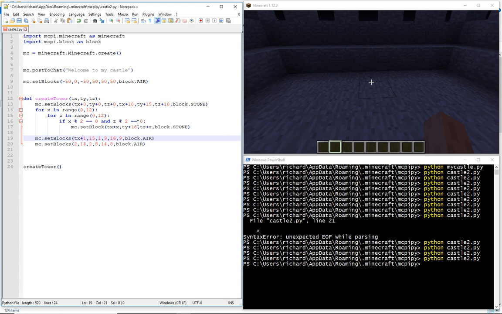There we go. Let's do that again. tx. I'm just going to keep going through. tx. Be a bit sort of cheaty. ty. ty. tz. tz. tx. So just anything that was an x coordinate, we're replacing it with a tower x or tx. Ty, tz, tz. There you go. So now, hopefully, if I say create a tower at 0, 0, 0, it will, if